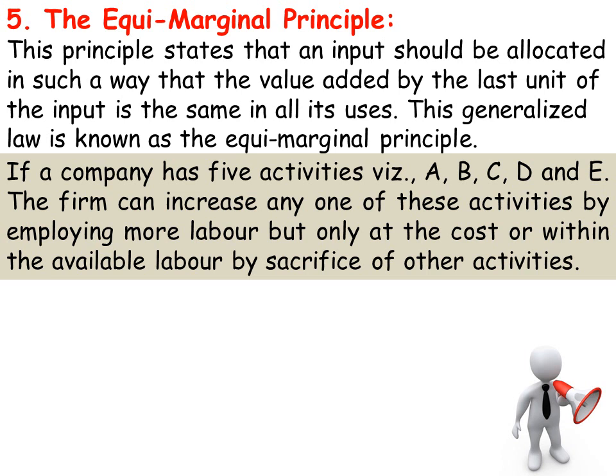Let me explain with an example. If a company has 5 activities, A, B, C, D and E, the company can increase any one of these activities by employing more labor, but only within the available labor, by sacrificing another activity. Say for example,